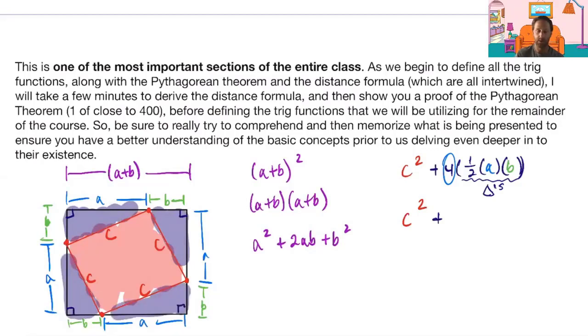And together you can see that I've now found the entire area on the inside with that one square and those four triangles,